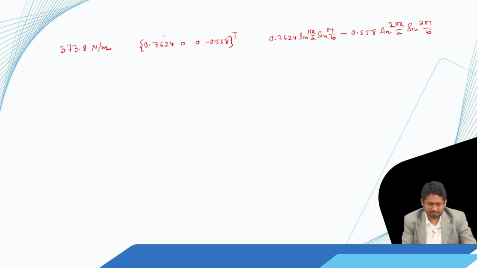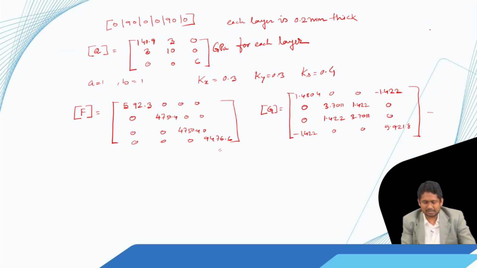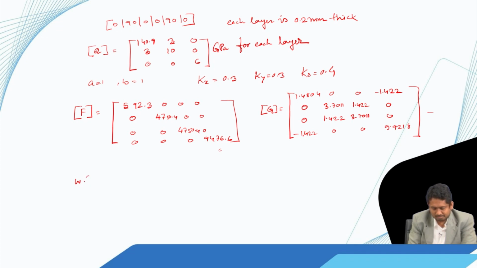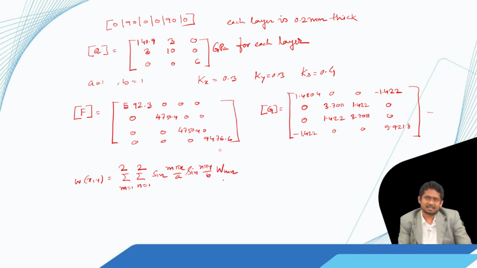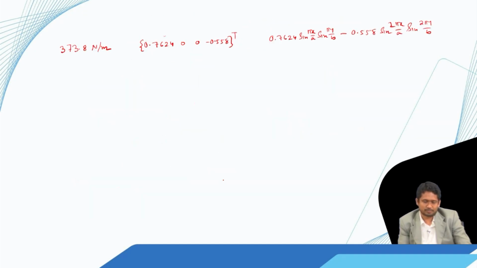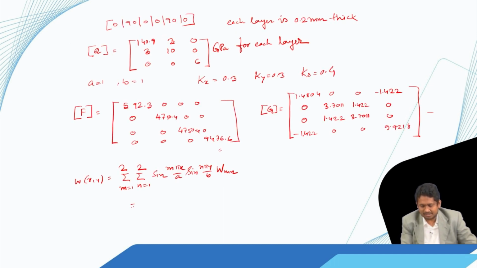Now, one thing I should have mentioned before, while solving this problem, the W has been approximated as summation, n going from 1 to 2, m going from 1 to 2, and then sin m pi x by a sin n pi y by b W m n. That means, I have made a 4 term approximation. I could have made more or less term approximation also. Here, for the demonstration purpose, I have a 4 term approximation, and we have seen that if I just expand it,